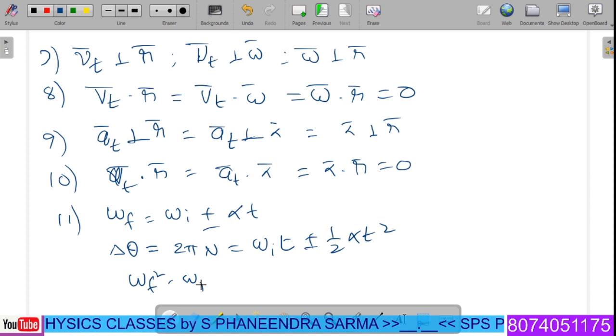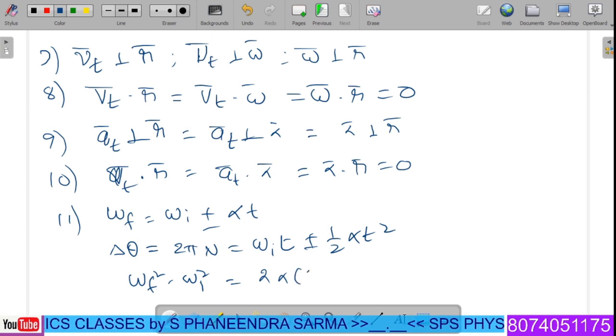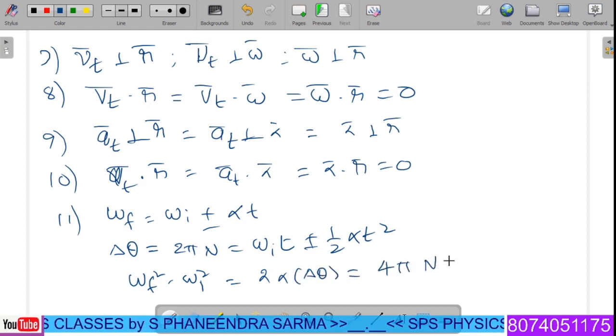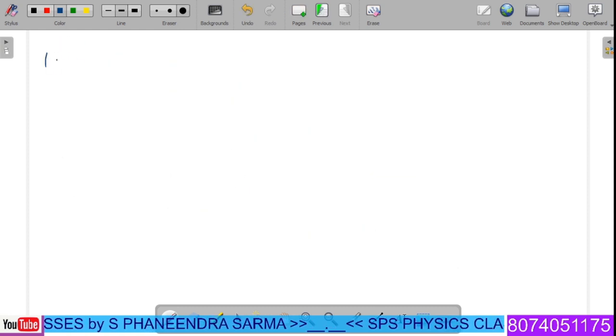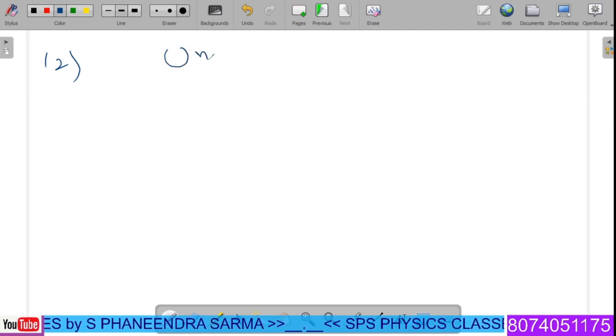Omega final square minus omega initial square is equal to 2 alpha into delta theta, which is equal to 4 pi n alpha. So with any one of the possible equations we can identify. And further, in the 12th case, during the uniform as well as